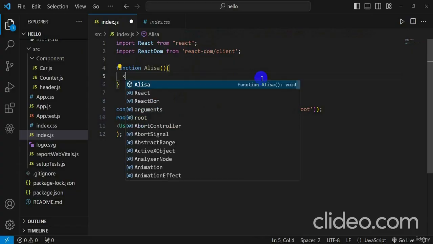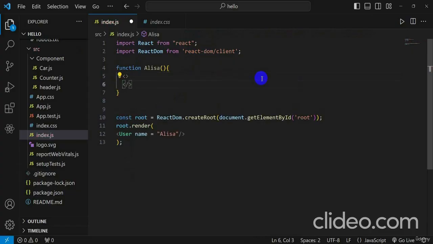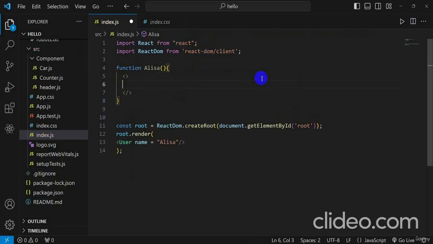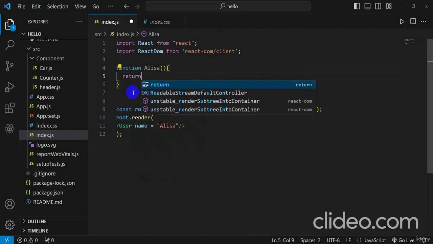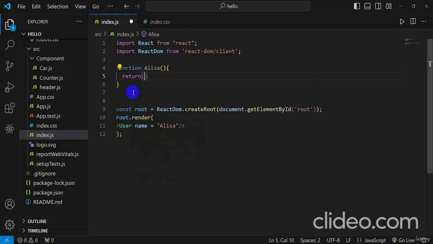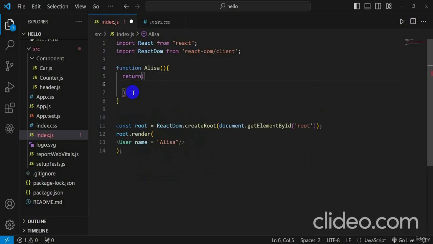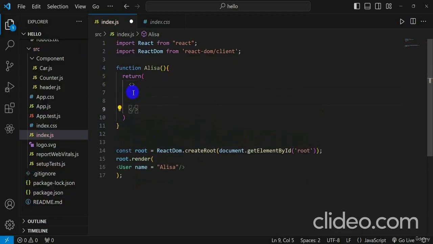So now is a remove. First, I create the less than, greater than method. First I insert the return, and create the parentheses, and inside the parentheses I create the opening and closing